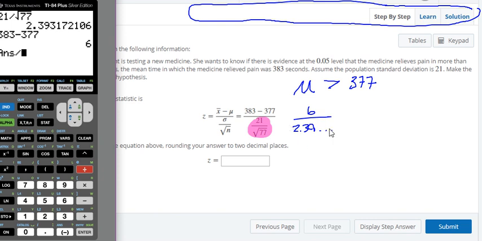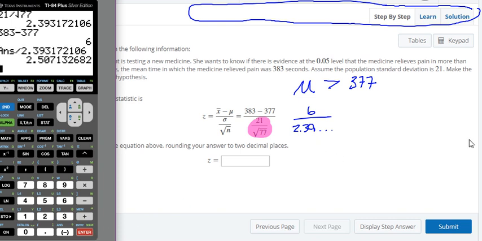Well, divide it by what's in the bottom. Well, I can just arrow up to what is in the bottom. Once I'm on top of it, I press enter and that pulls it down. So now essentially what I have is I have 6, the answer, divided by this previous thing. I press enter and I find out in this particular case that my z-score is